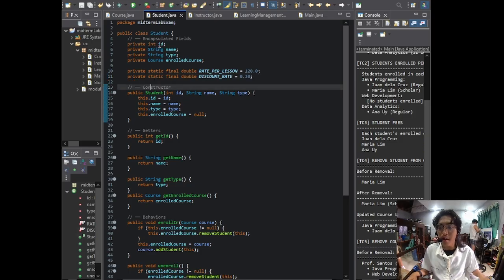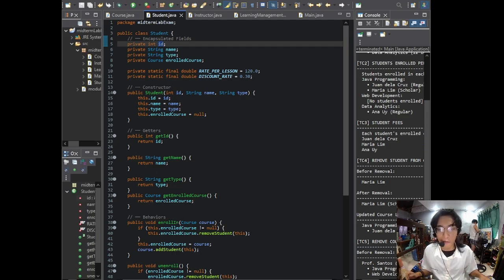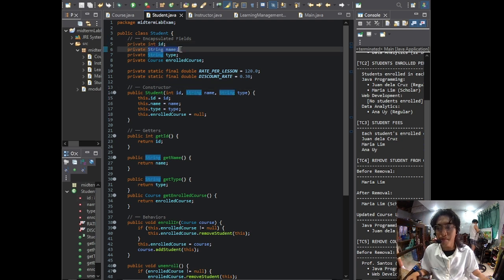Next is id. The student's unique numeric ID is automatically assigned by the LMS when a student is created. It increments by 1 for each new student. Then String name, the student's full name, for example Juan De La Cruz, set in the constructor and never changes.